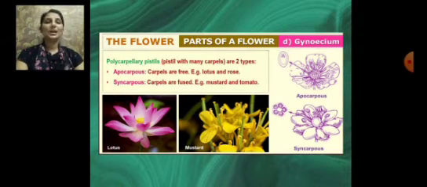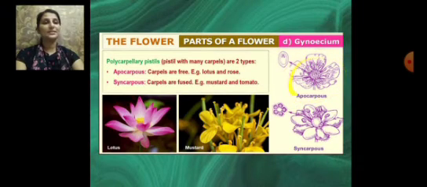And these polycarpellary pistils are of two types. They can be either apocarpous or syncarpous. Apocarpous, if all the carpels are free from each other. We can see this is the apocarpous pistil. Whereas if all the carpels are fused together, it's called syn